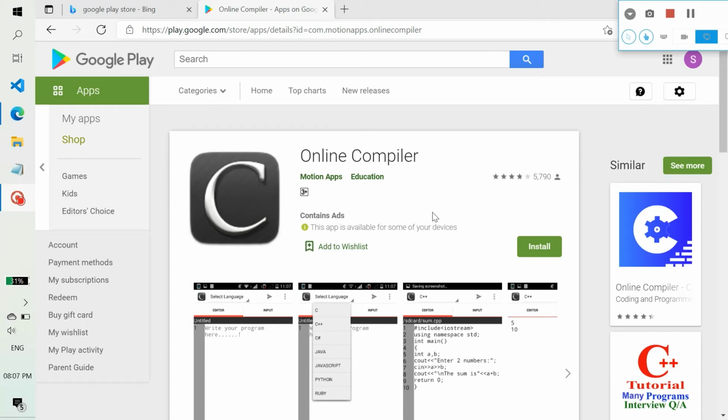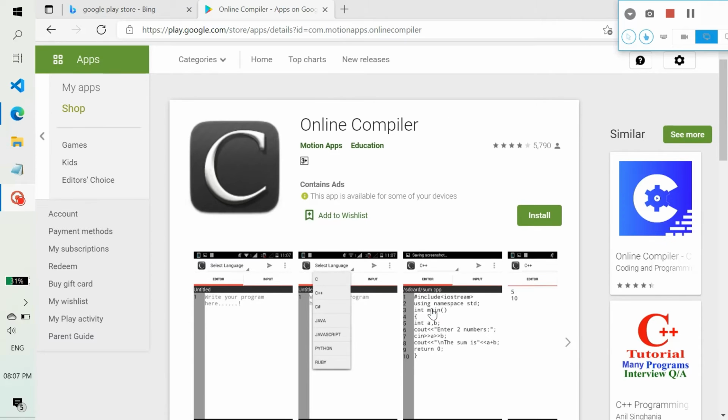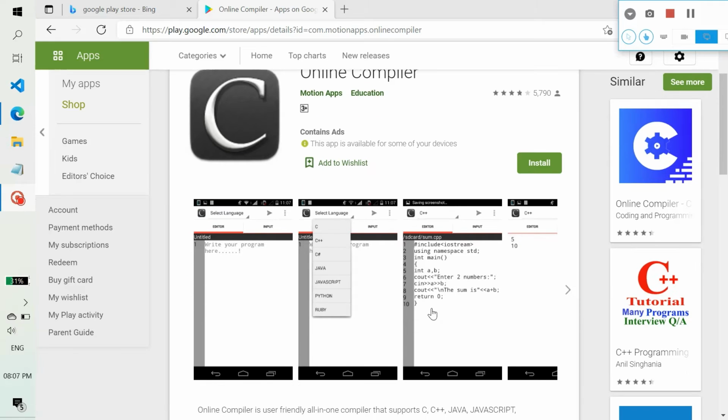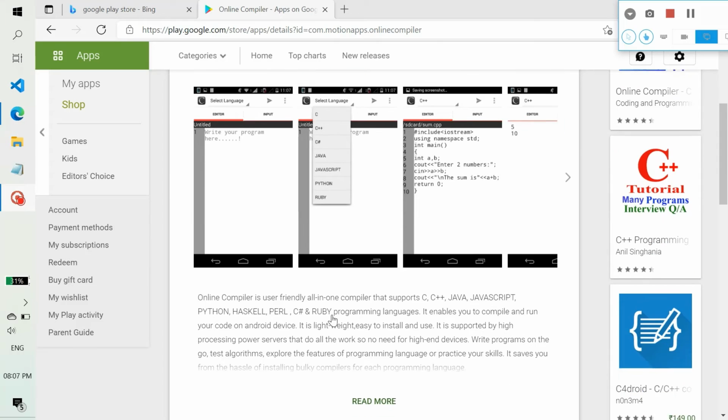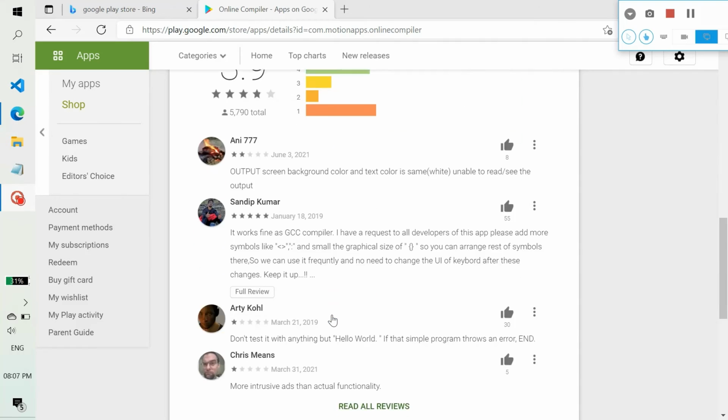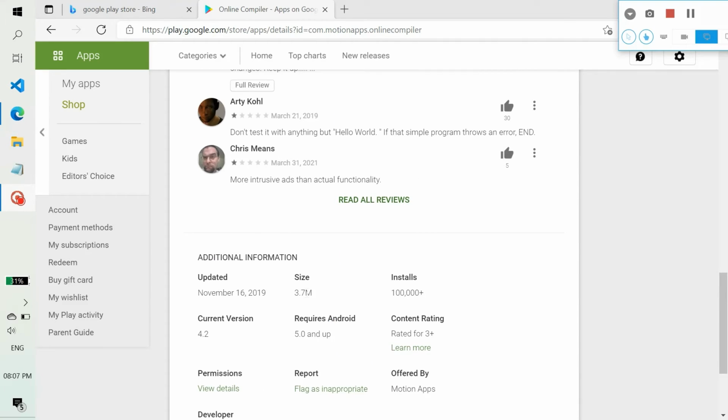And the third app, the name of this app is Online Compiler. This is also a very good compiler for mobile platform. It also supports many languages like C, CPP, Java, JavaScript, Python, Ruby, and the only one thing is you need to use it with an internet connection.